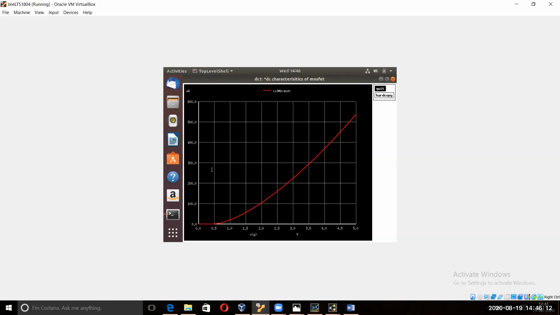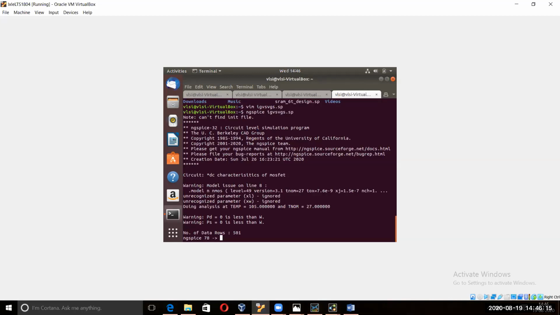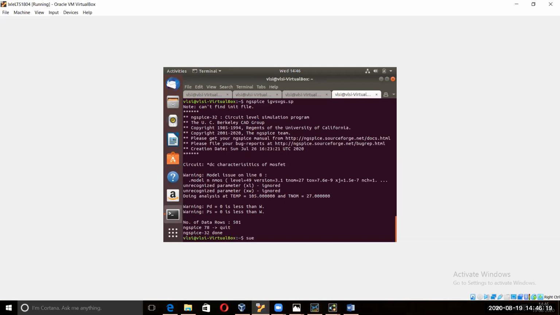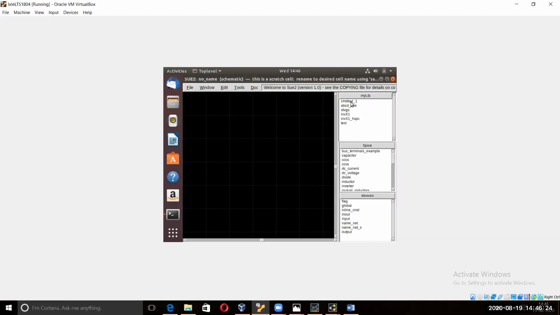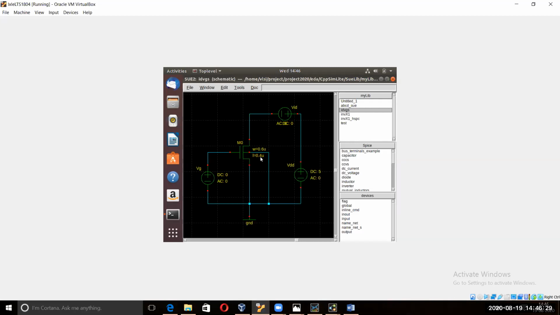Now, with this done, quit this and go to your 2 again, and now you will add the VSB thing. This was done without VSB. Now adding the VSB thing. So here you will add your VSB and then simulate this one. Actually I did this one, but because of that same thing I was getting it wrong.